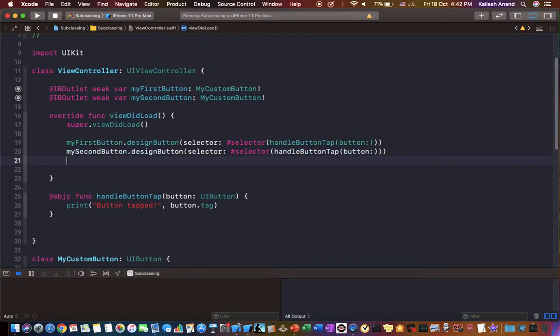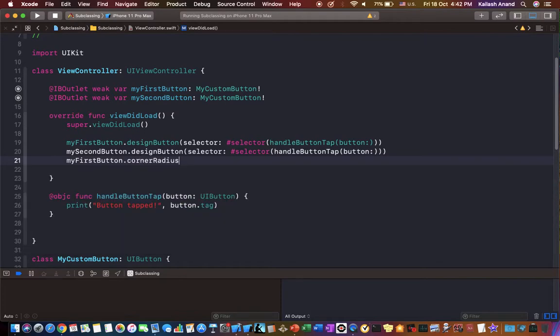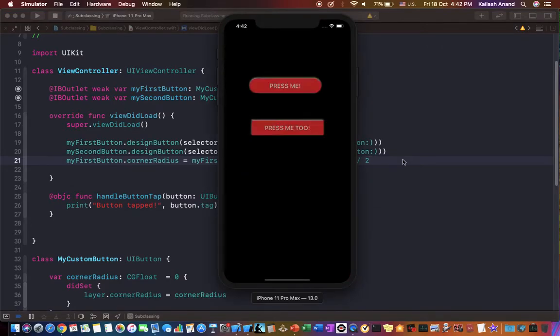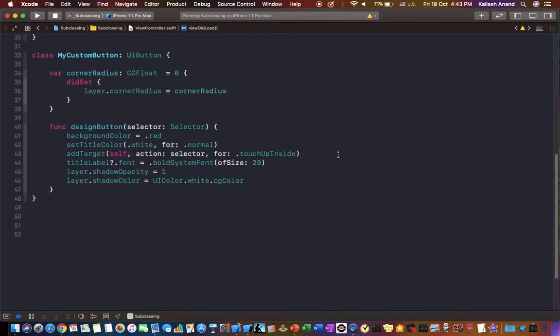So now I can do something like my first button dot corner radius is equal to my first button dot layer dot frame dot size dot height by 2. So now hopefully, yeah. So we didn't set the corner radius for this, so we get this one. Now, how can we get that bouncing effect? Well, we can just use touches